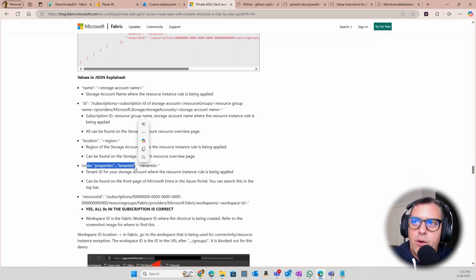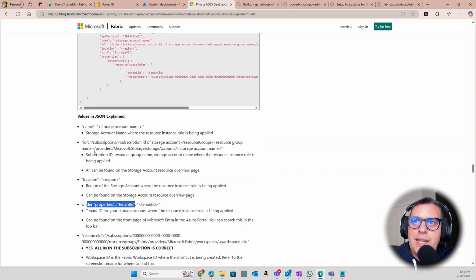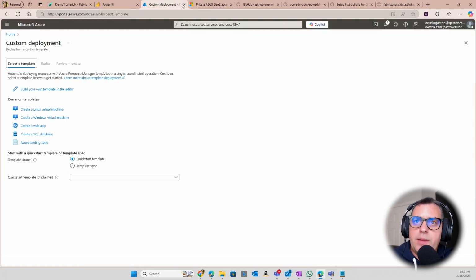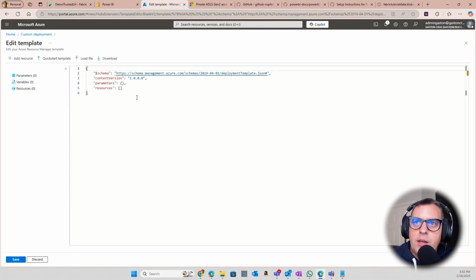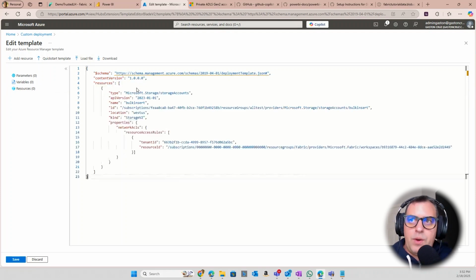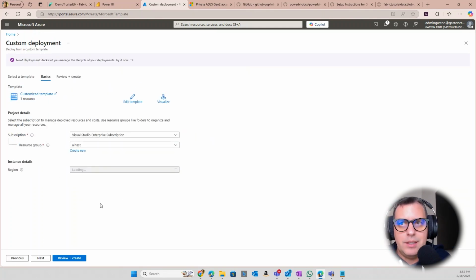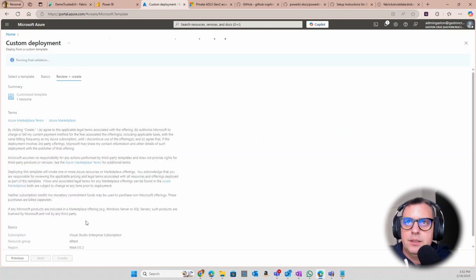Everything that you can grab directly from your Fabric tenant as well as from the Azure portal. Once you have all this data and you edit this template, in my case, I already have that template up and running from my end. You go to your Azure portal, you set up the custom deployment, you build your own custom template here, you paste the JSON file. Once you paste that JSON file, you save that, and then you run this command against